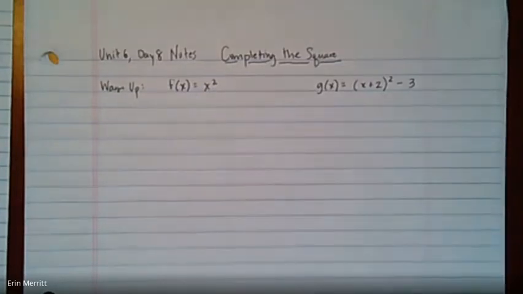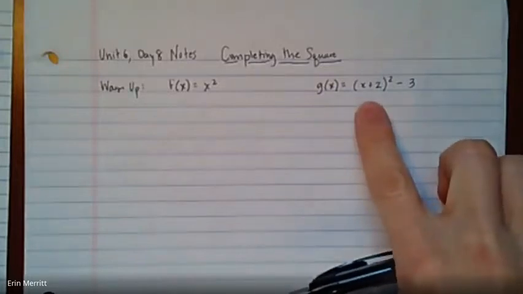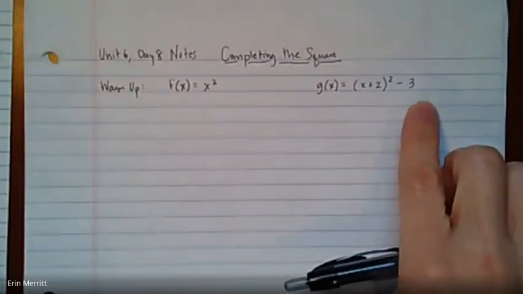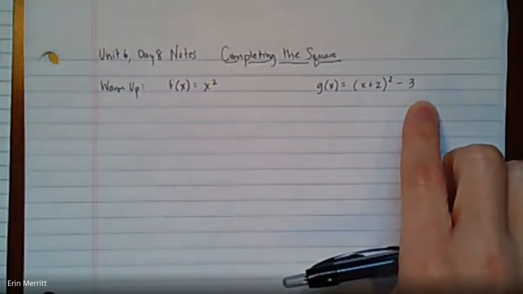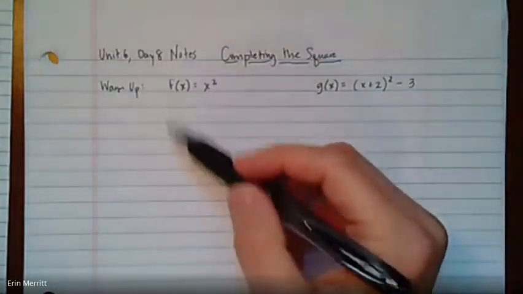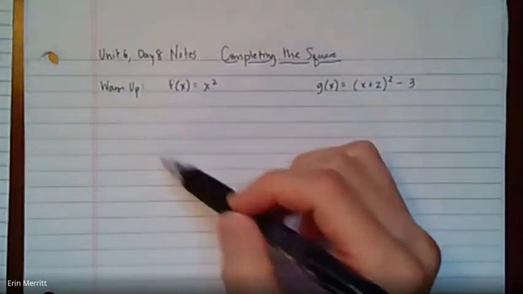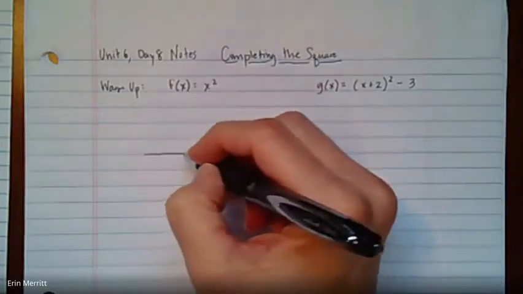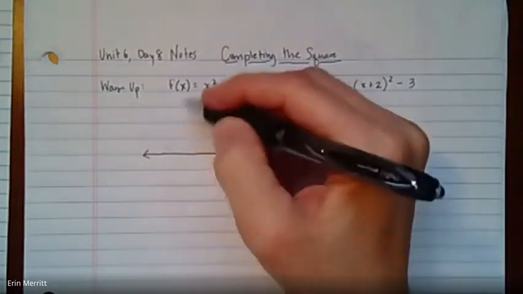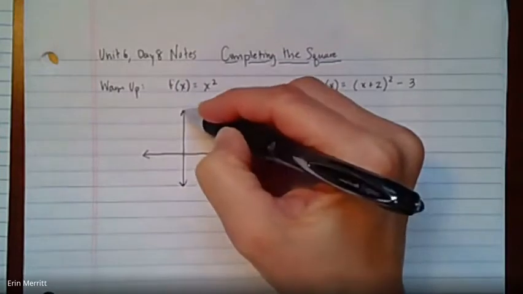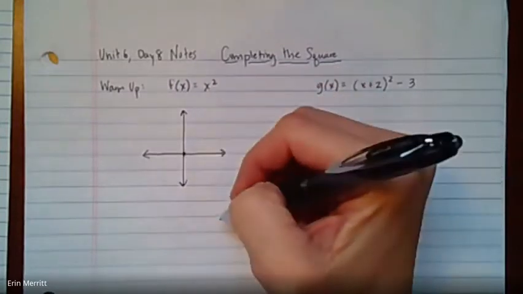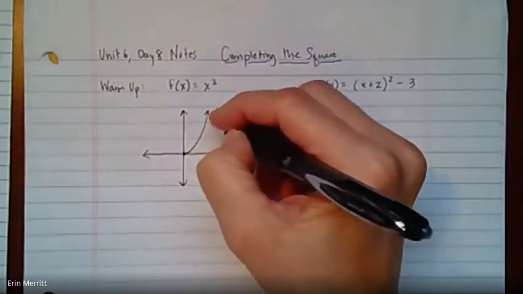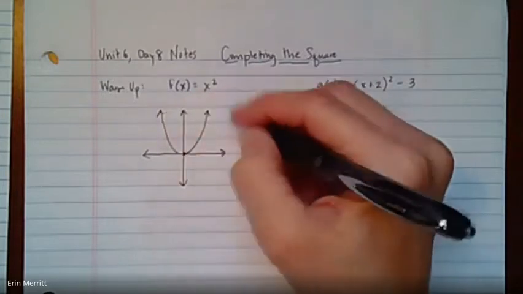If we have f of x equaling x squared, versus g of x equaling x plus 2 squared and then minus 3. If we think about them graphically, we know it's a parabola because we're in a quadratic function. The basic quadratic would be a parabola right here, where the vertex is directly at 0, 0, opening up. So if we kind of do some basics here,